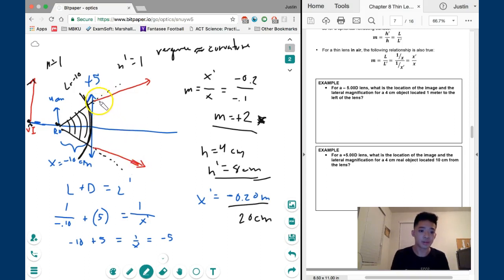Instead, it's still a diverging vergence. So the vergence of minus 5 is the vergence right when it leaves the lens, right here. So hopefully you can see that the vergence changes, and when you trace the lines back,